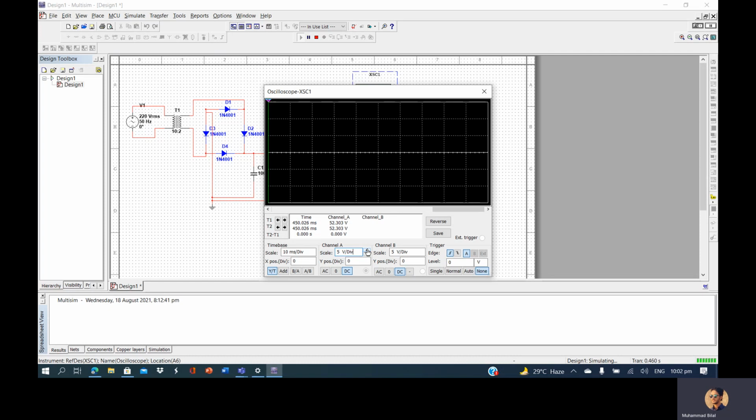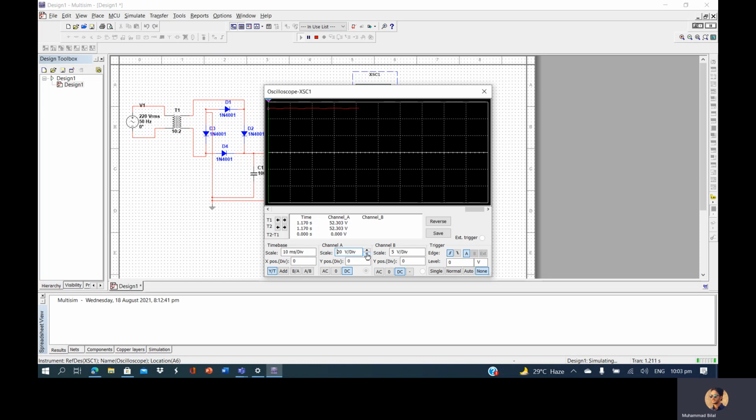That is, each division consists of 5 volt. We can increase that by simply clicking on the arrow, and now we can see that we are getting about 52 volt at that point.